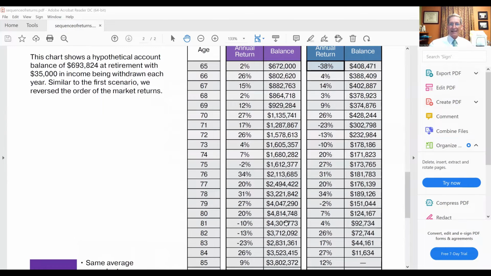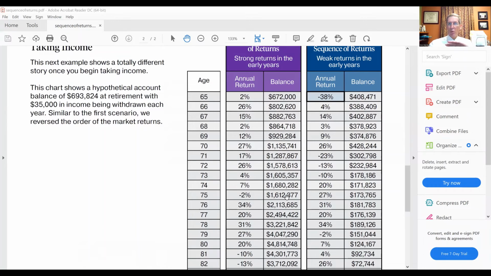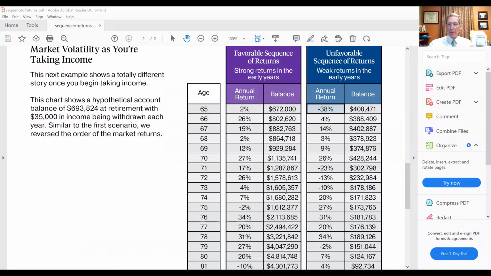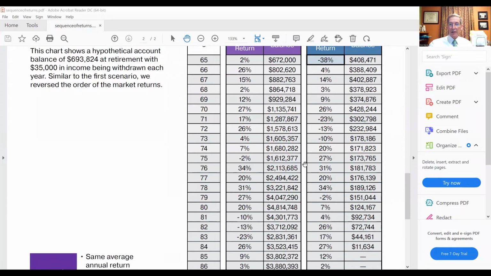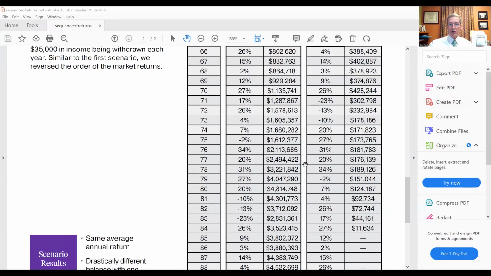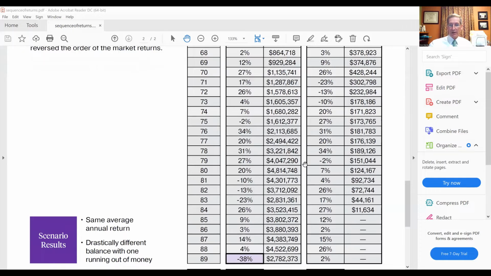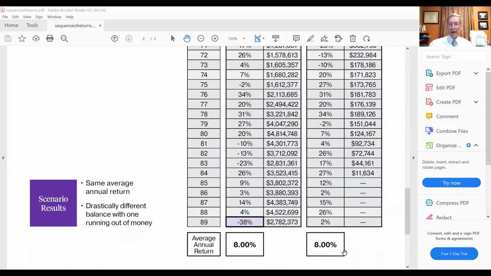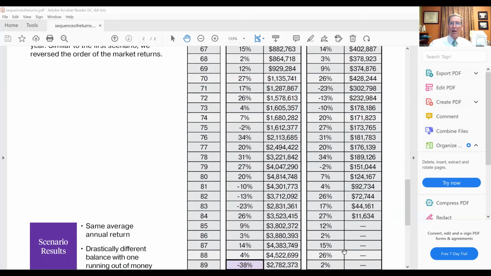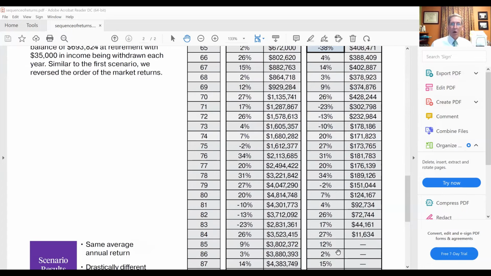However, with the exact same rate of return, but we're simply inverting them, where we have some negative returns in the early years, you'll notice in this scenario, the individual is out of money. They run out of money before they run out of months. And it's the same average 8% return. But it all depends on when those negative numbers hit.